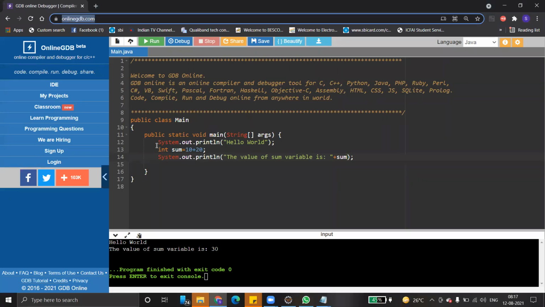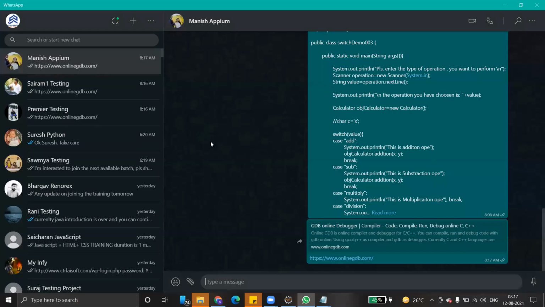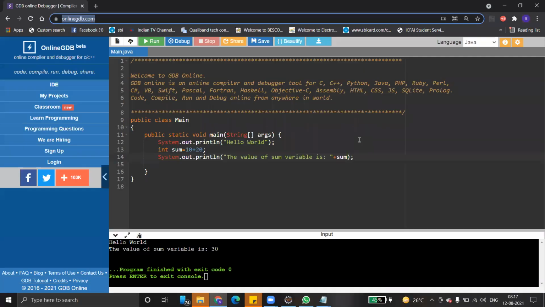It does not work if you are handling external files, like file handling operations, input, output. But ordinary Java programs can be practiced on this URL. I have already given a code. Please don't copy, try to enter it line by line. Then you can come to know where you are making mistakes.